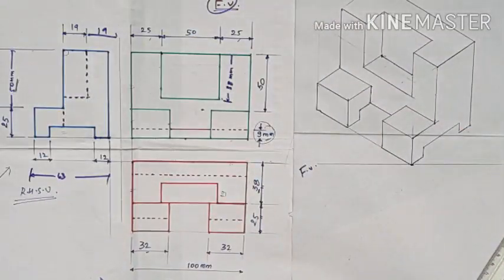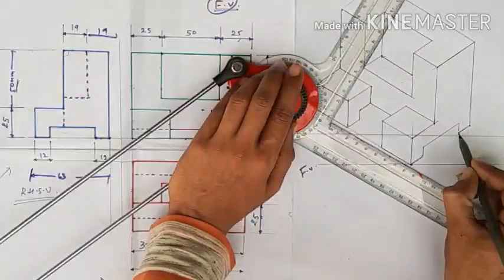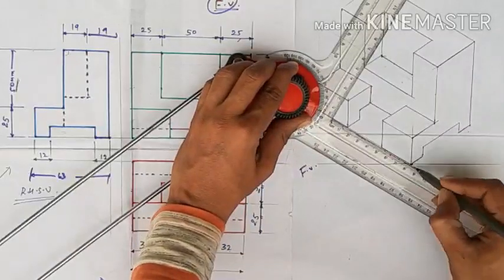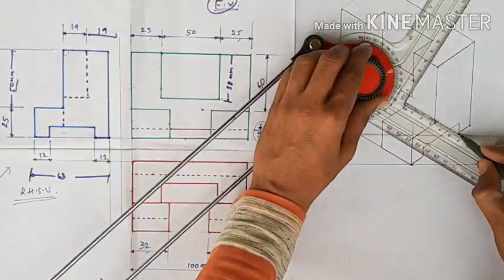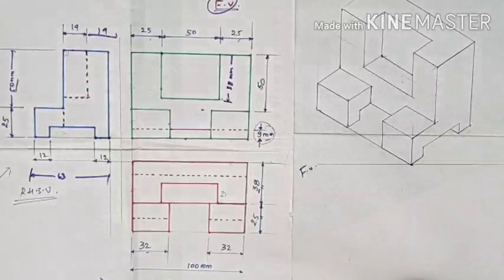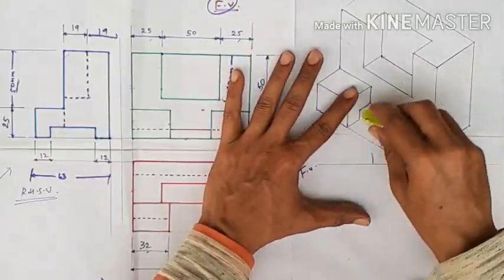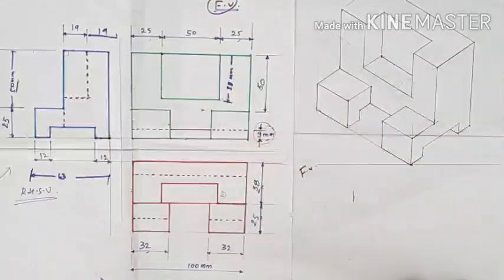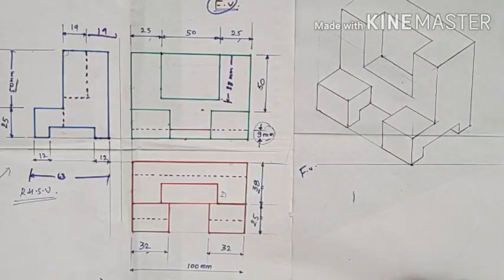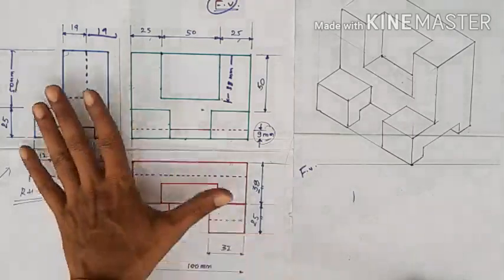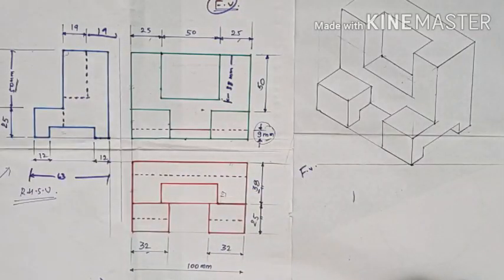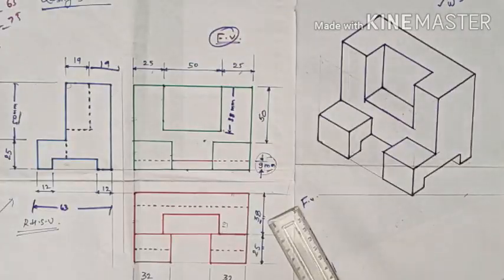Seen like this. And now, one second, again from here we need to draw a parallel line, so fix the MD like this, and from here we draw a line like this. So this is the complete isometric projection of these orthographic views. You all are seeing clearly right now, and I make a dimension for this.